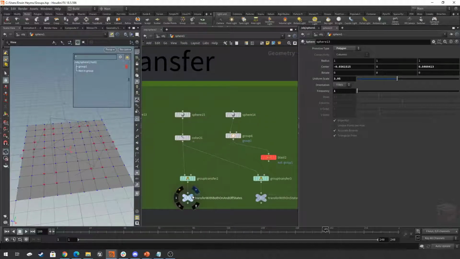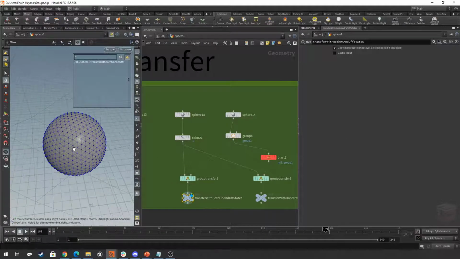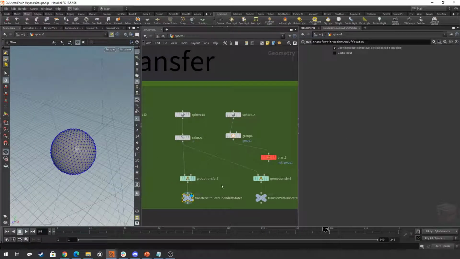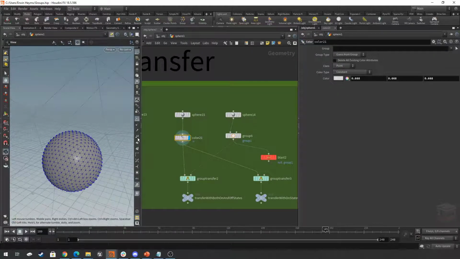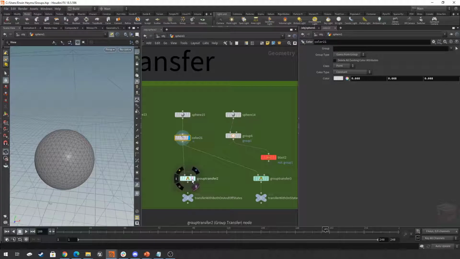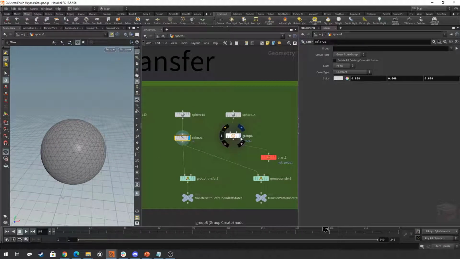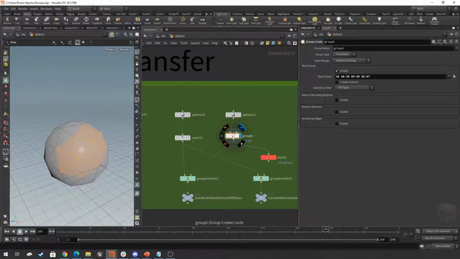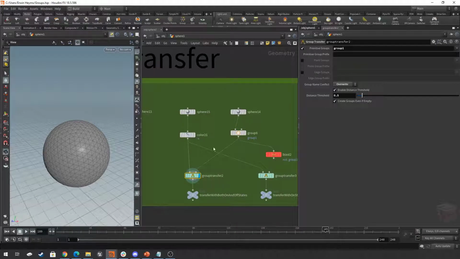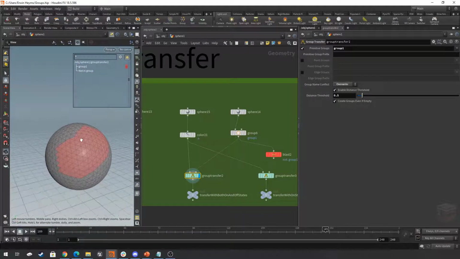And then over here on the right, let's have a little bit of a closer look at how groups are transported using the group transfer node. So here I have a sphere with a high density. And over on the right I have a sphere with a low density. So this one has a group on it, again group 1. And if I transfer this group from one to the other, and I highlight that, again I need to show my primitive groups, then you can see that it did transfer it,